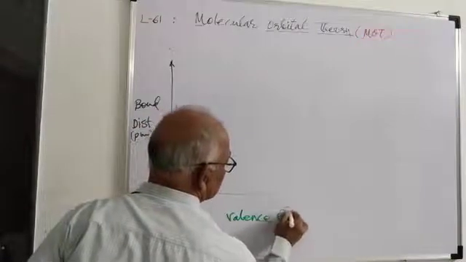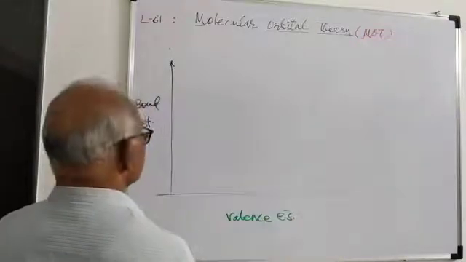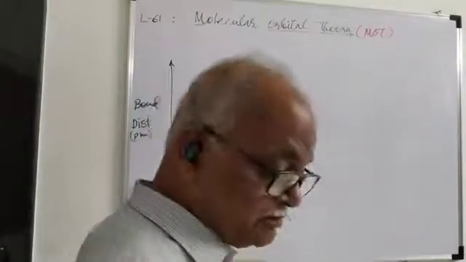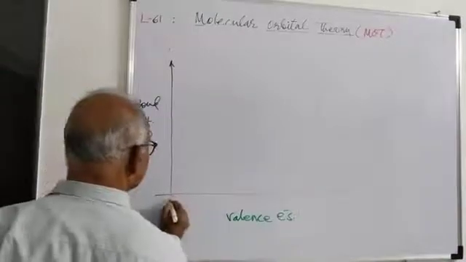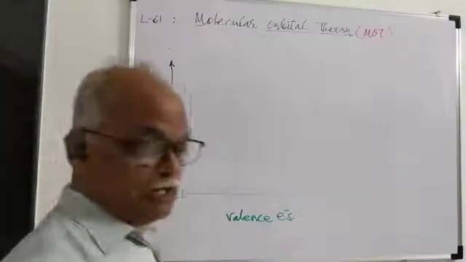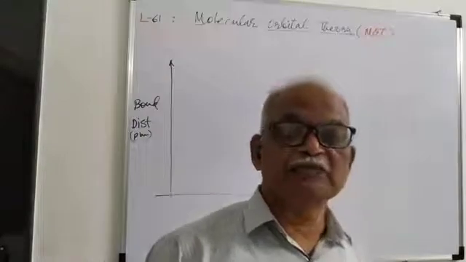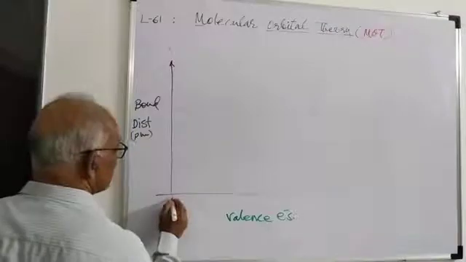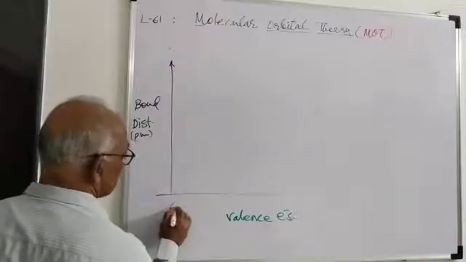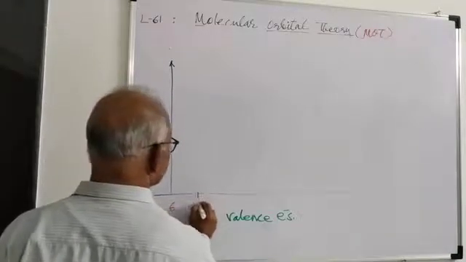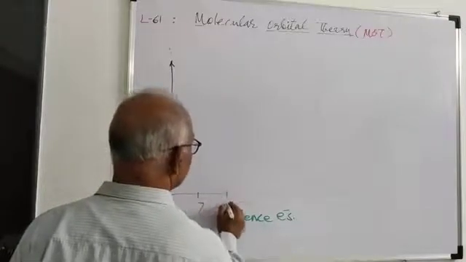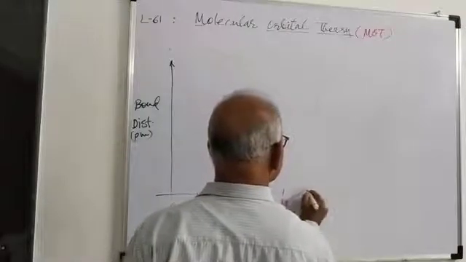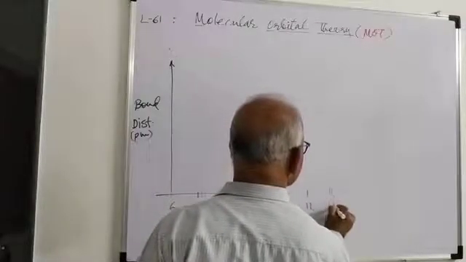We can show these electrons starting from 6, because we are using the boron atom as the first atom. So in case of boron we have 6 electrons, then 7, 8, 9, 10, 11, 12,